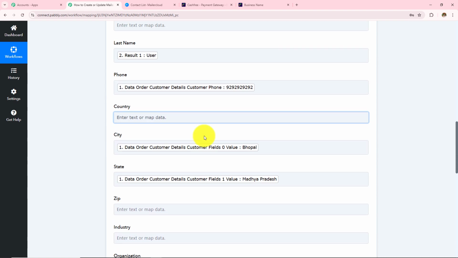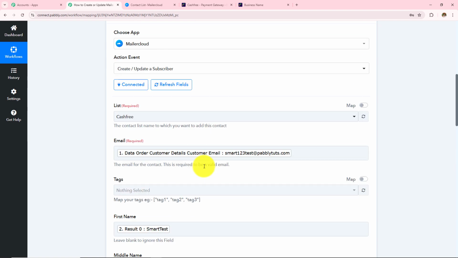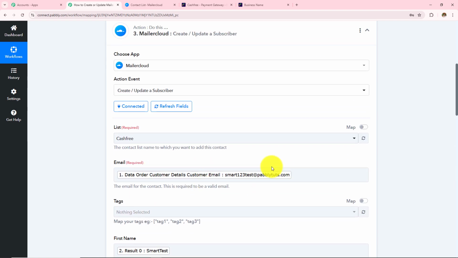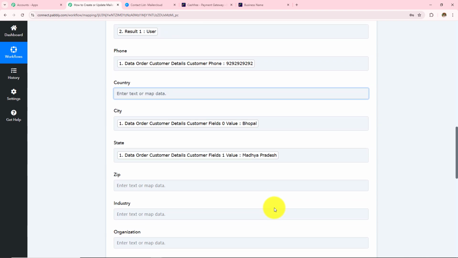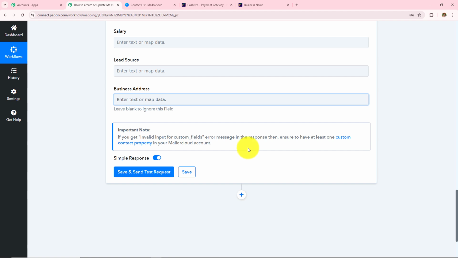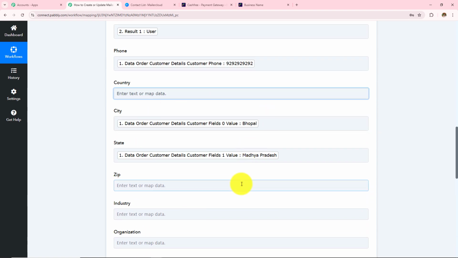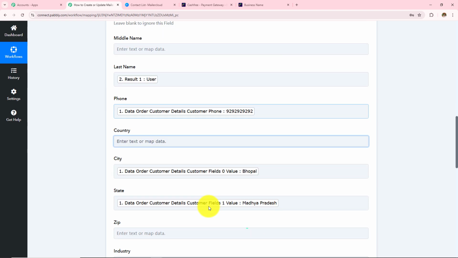Now over here, mapping is important so that every time you receive a new response, it is taken into consideration in these fields. Manually entering the data will make these fields static and the information will not change even if you have received the new response. Over here, if I manually enter any detail, this field will become static, and every time I receive a new response, the result will not change. So as to keep these fields dynamic, we use this process, mapping, instead of manually entering the details.